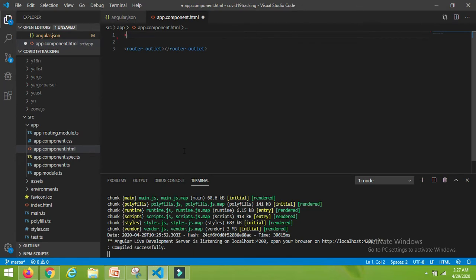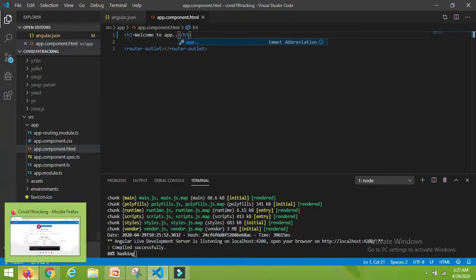And here I will write simply welcome to app. Yes, we got the output, welcome to app. Means we have successfully created our application.